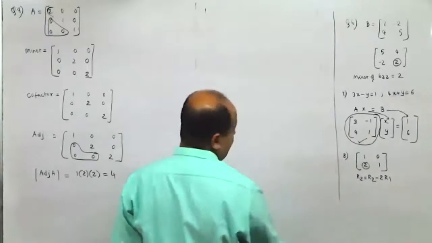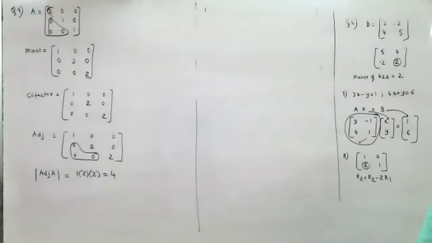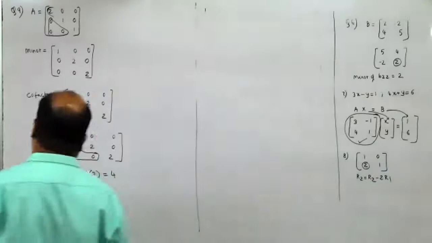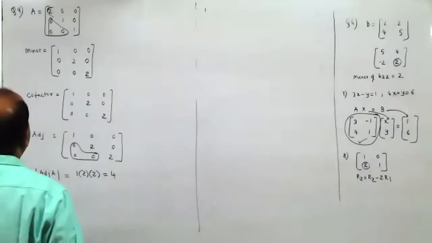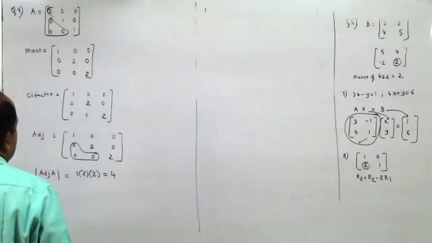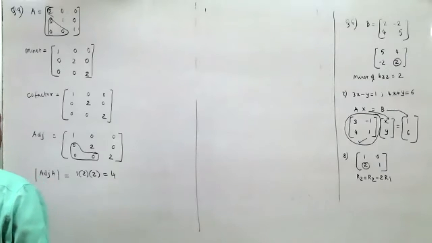By row transformation method, divide by 2, and so we get 1 upon the determinant value equals adjoint A. Sir, if it is for 2 marks or more, then yes, you can do that. We can find the A inverse by row transformation, and then A inverse equals 1 upon determinant value of A into adjoint of A. Yes, sir, we could have done even that.